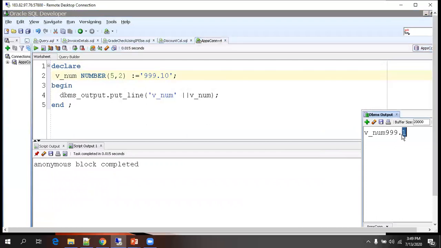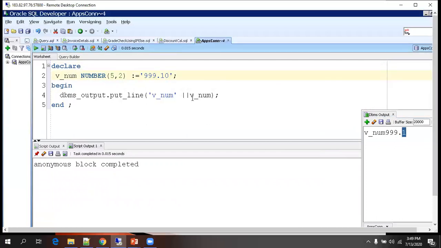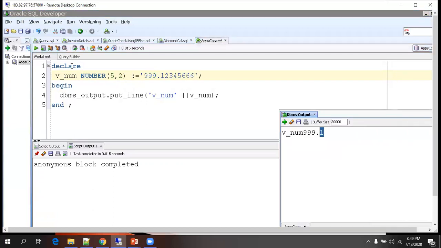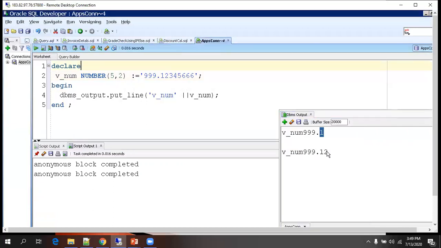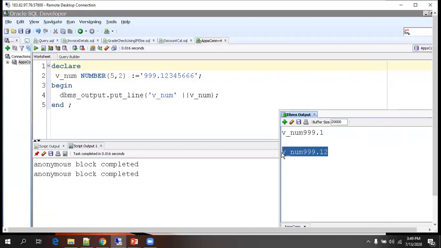Can you see? But in the floating part, even when you mention more than 2 digits, it is simply truncating it. It is not giving any error, it is just truncating it. But before, when we ran 1, 2, 3, 4, 5, 6 dot, that time it gave the right output.